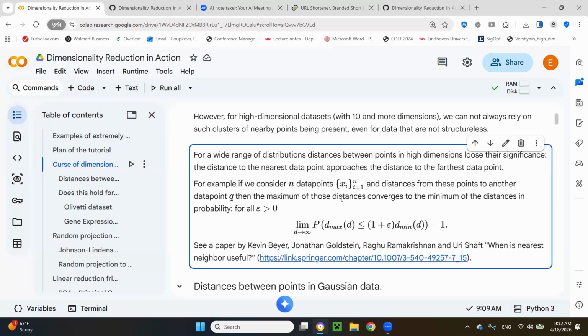So in our low dimensional data sets, everything is nice and close together, and you can